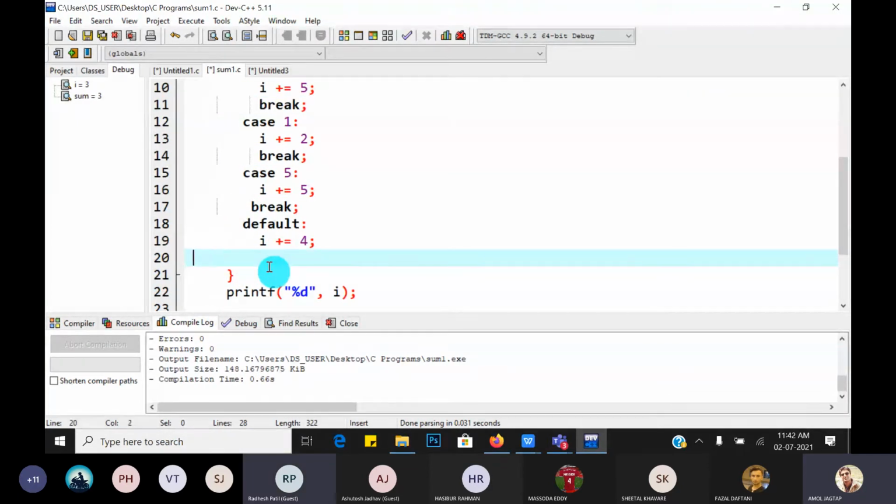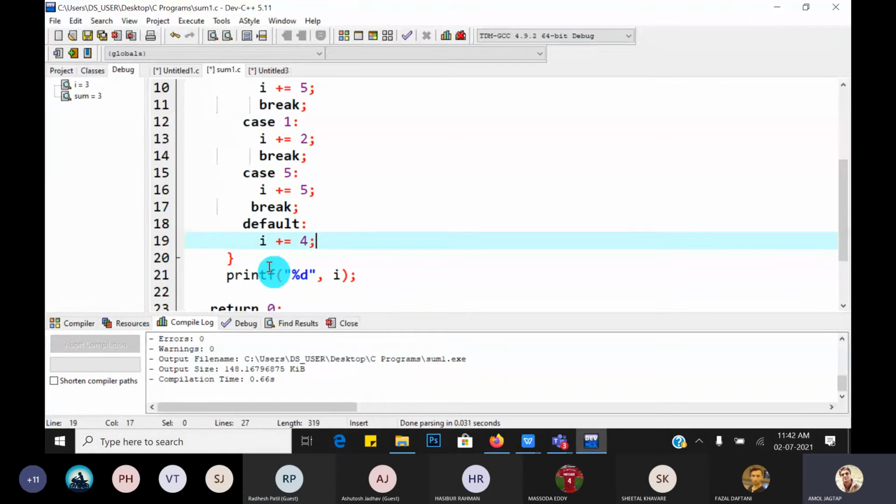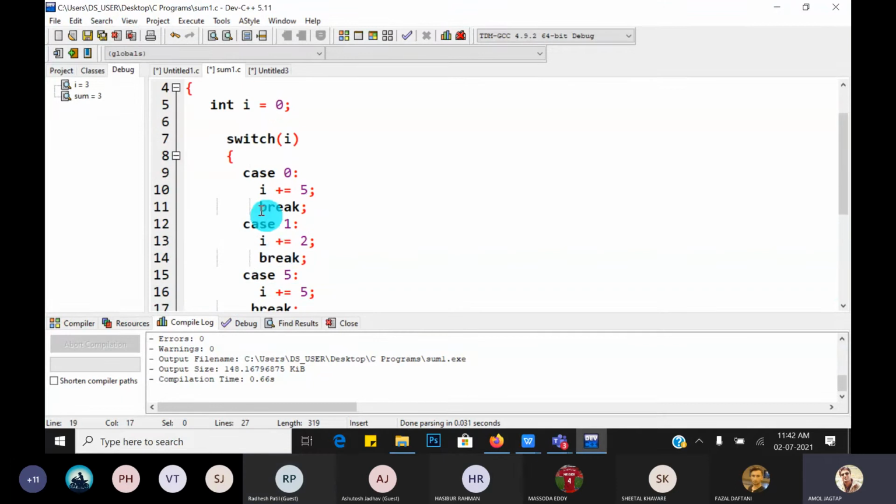In any other type of branching statements, like if else, nested, ladder, we cannot use the break statement, but only in the switch we have to use break statements. So actually the switch case statement is on the boundary of branching and looping, because it has some constraints of looping as well as branching.